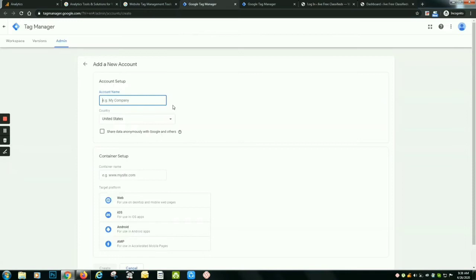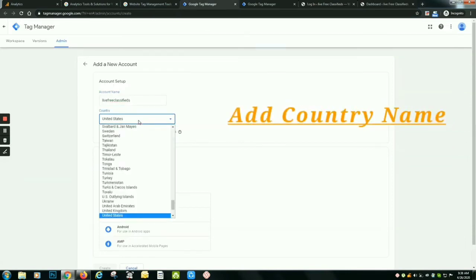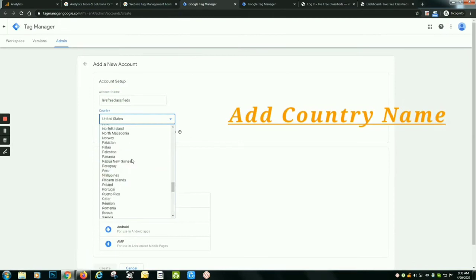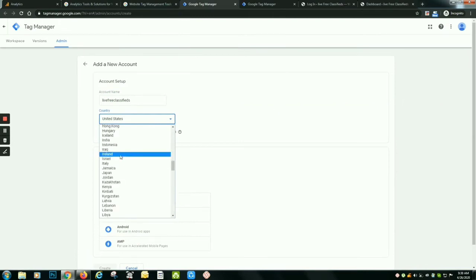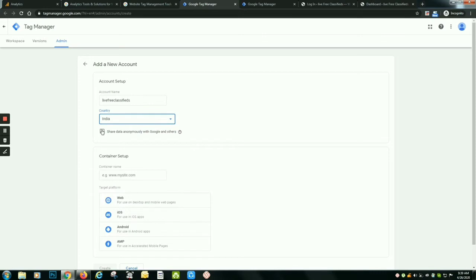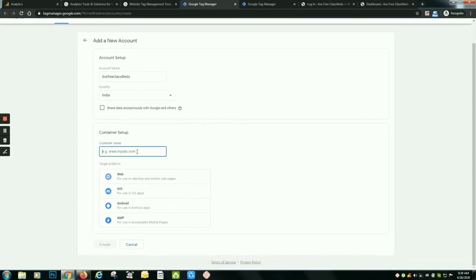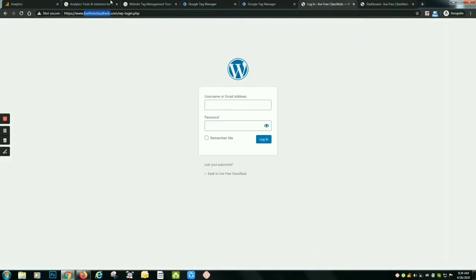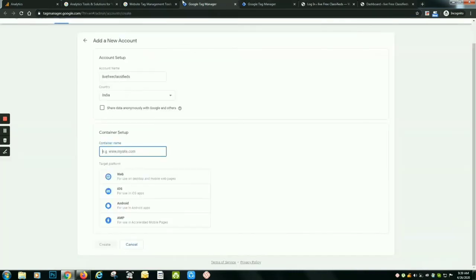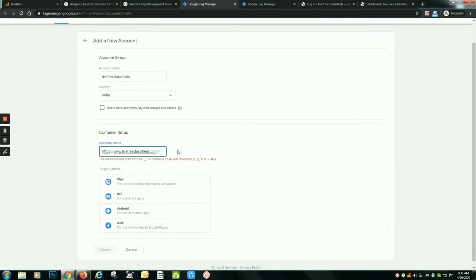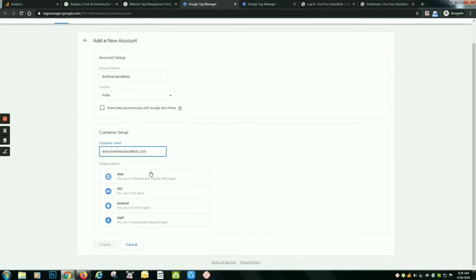Now, how to add your website in Google Tag Manager. Here you can see the details. First you have to add the company name, then the country, I am selecting India, then the account name, I'm again using the same account name, live classified, and then you have to select whether it is a website or a web app.